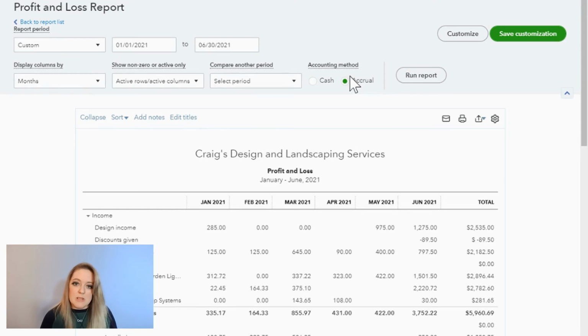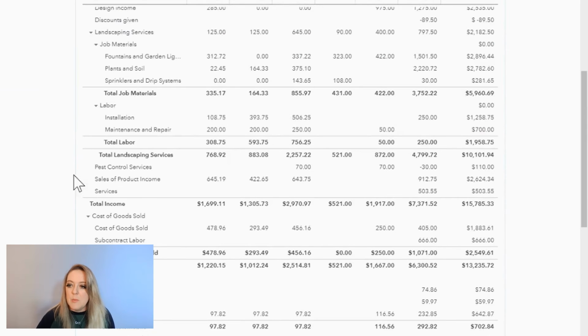And we would expect the winter months to be not as busy as the summer months. So when we look at this P&L by month, that's how we test these hypotheses. So when we look at this P&L by month, we can see that January and February were relatively the same,